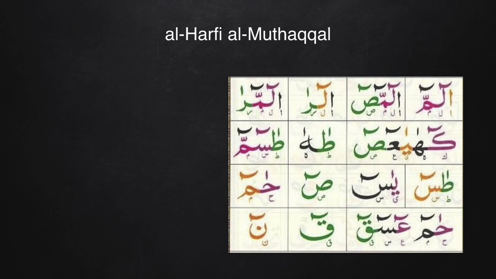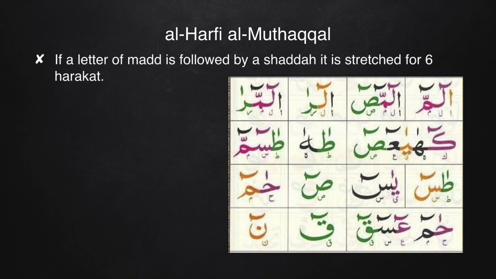And now inshallah we will take a look at al-mad al-lazim al-harfi al-Muthaqqal. So if a letter of mad is followed by a shadda, it is stretched for 6 harakat. It only applies to these 4 examples because there's only 4 that have a shadda. This is alif, lam, mim, alif, lam, mim, sad, alif, lam, mim, ra, and ta, sin, mim. In these 4 examples, we have a letter of mad followed by a shadda, and that is why it is